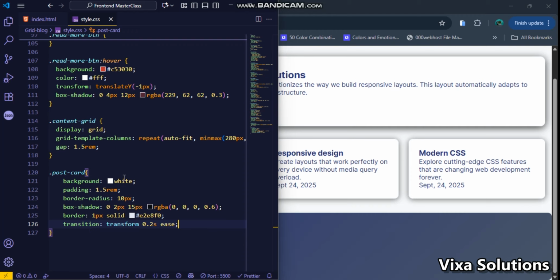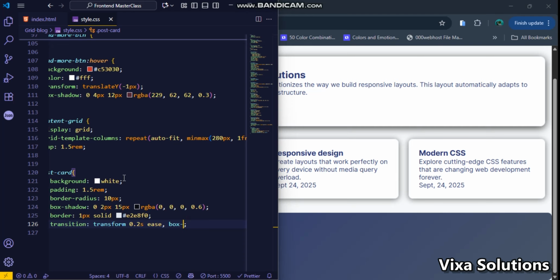So here I'm using 0.2 seconds for the transform, and for the box shadow too, I need to make it, let's say for the box shadow too, let me make it 0.2 seconds. Okay,